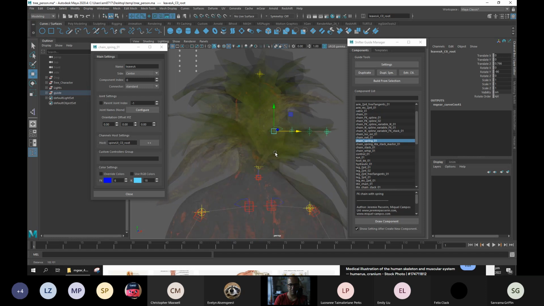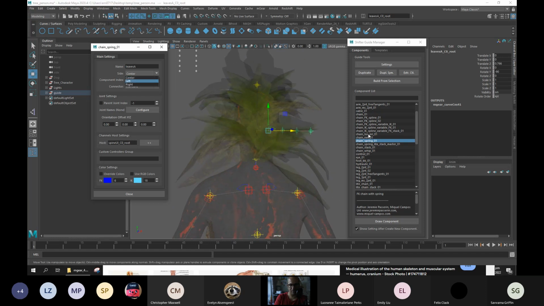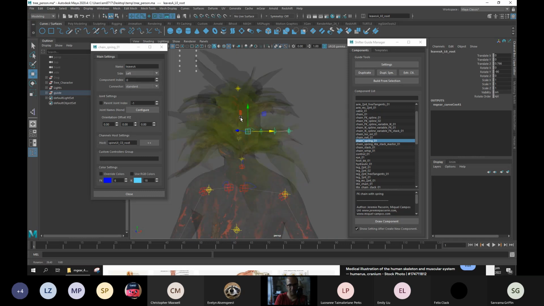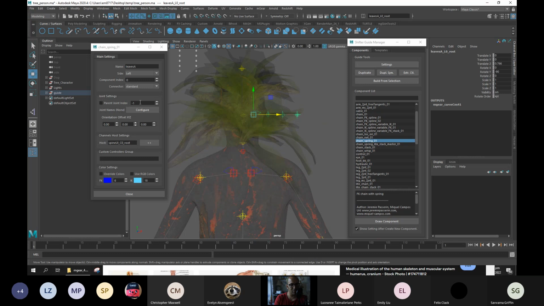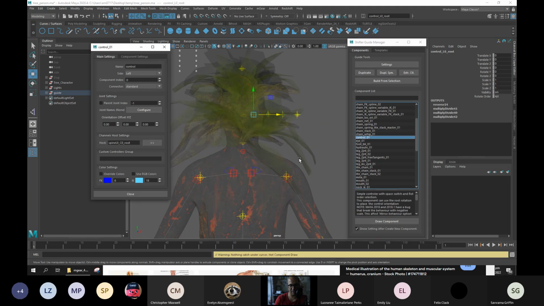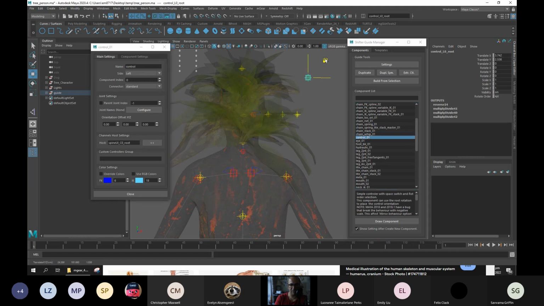Then I just want to position it, and it's on right. It's not on left. Actually, it's on the left of the character, right of me. When you adjust the left, you can duplicate symmetry. Another important thing is the host. So basically, you need a controller. You see that controller? I just double click on it. I need a controller here next to the head and call it leaves